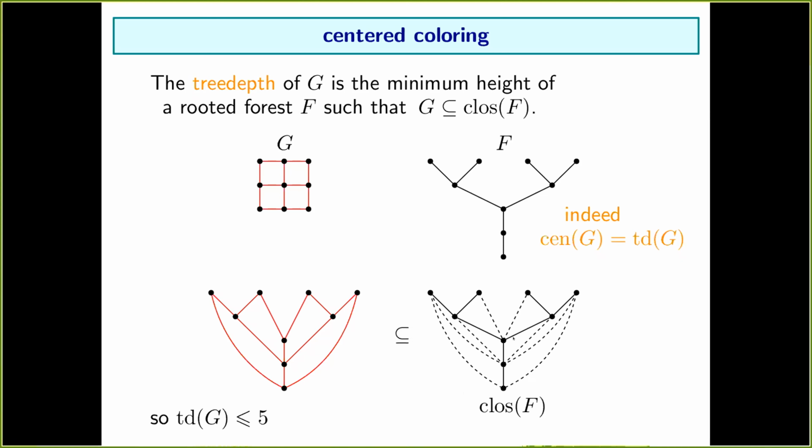And then I claim that this is actually a centered coloring of the initial graph. Why is it so? Because whenever you take a connected subgraph, you should convince yourself that there is a vertex that is below all the other vertices in your subgraph. Like a minimum. This comes simply from the fact that it's like a DFS. All the edges are kind of vertical, with no edge between two disjoint branches. So this proves one of the two inequalities.